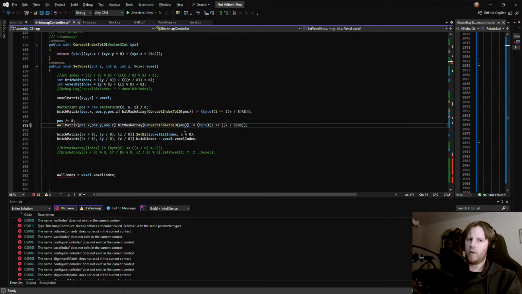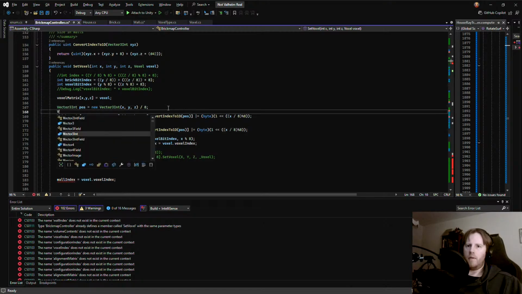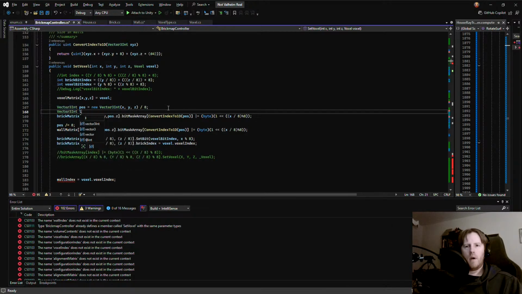But this isn't accurate because the position is in world space, and in order to access the matrix, it needs to be in local space. So we need to say vector 3 int local position equals